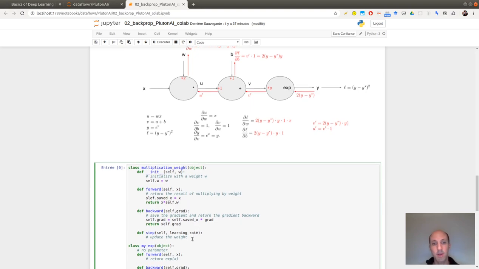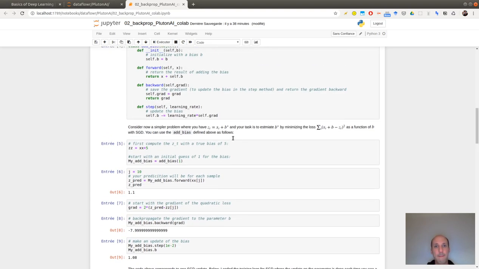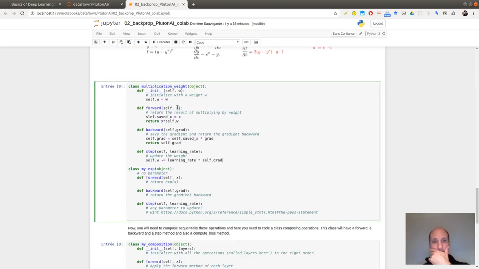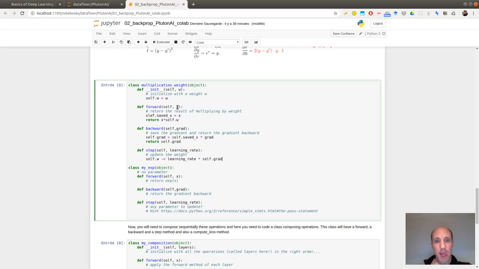Okay, so now one step, very easy: self w minus equal learning rate times the gradient. Actually this is exactly the same as here. Okay, so it should be okay for multiplication by weight.